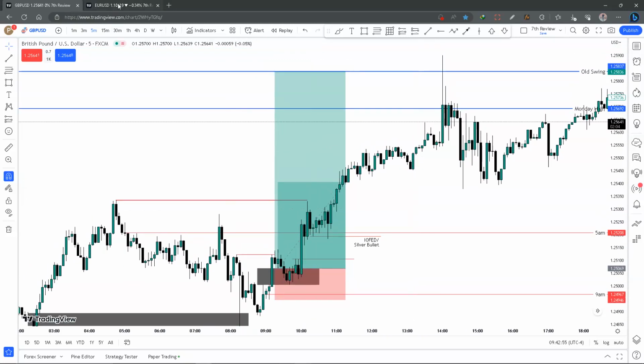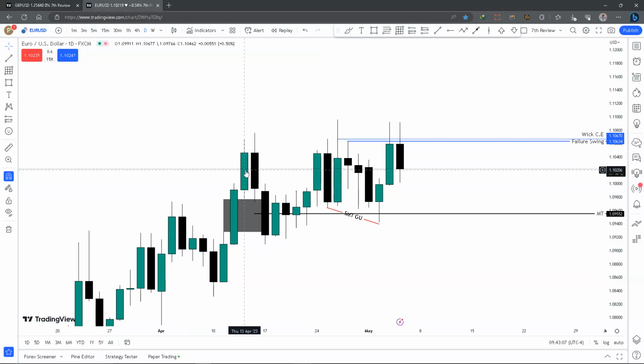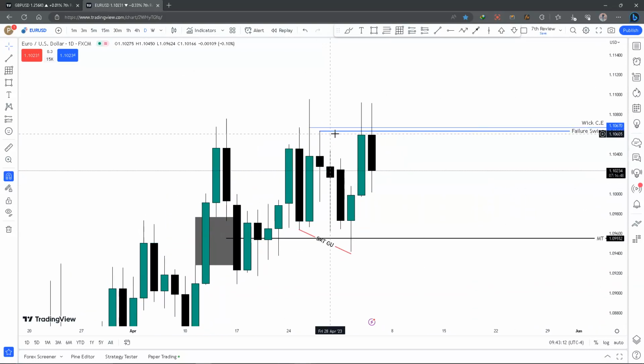And if you look at the reason why I would have stayed away from EU is that, as you can see, it fails to take out its old high, its old swing high. If you look at the daily for GBPUSD, you'd realize that it trades above the old swing high. So here you would only be targeting what? You'd have been targeting a failure swing,